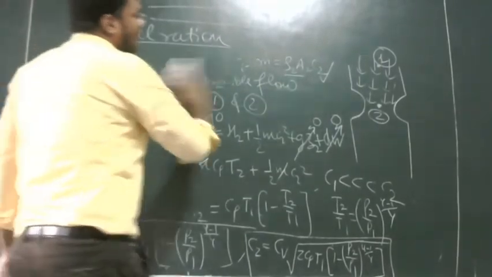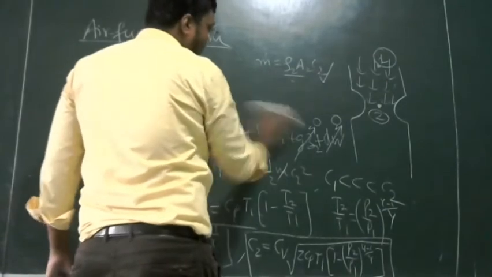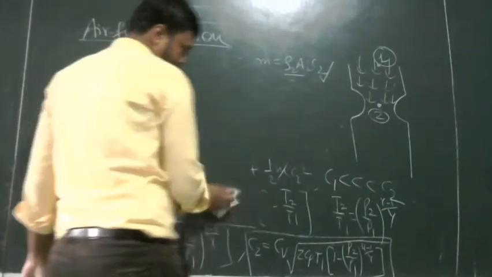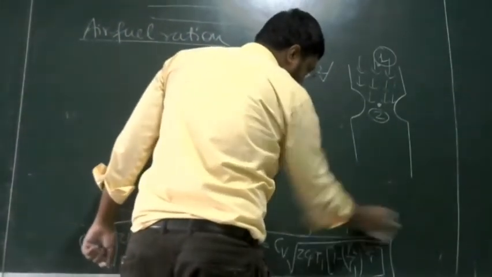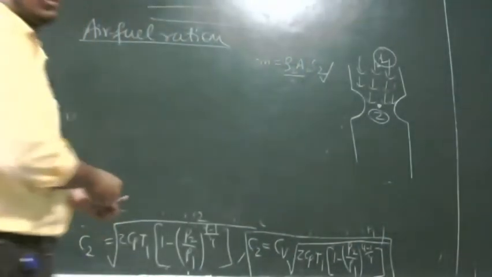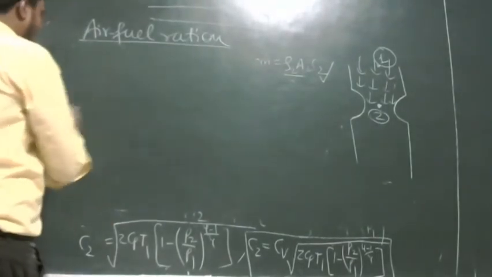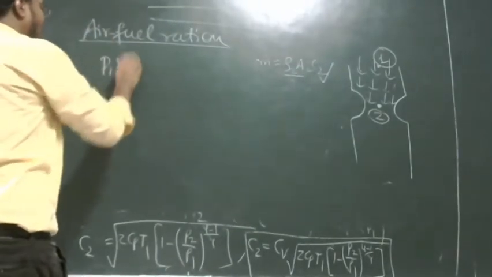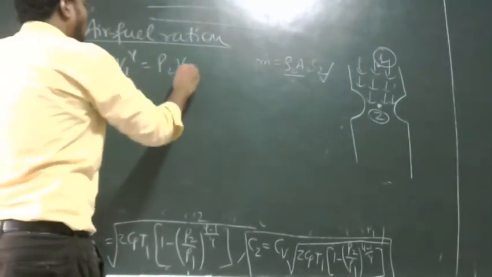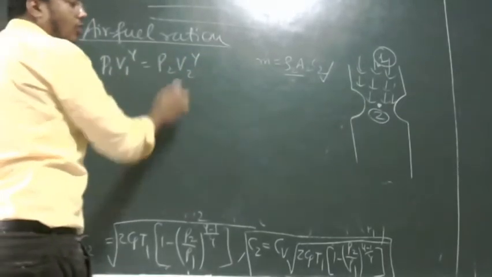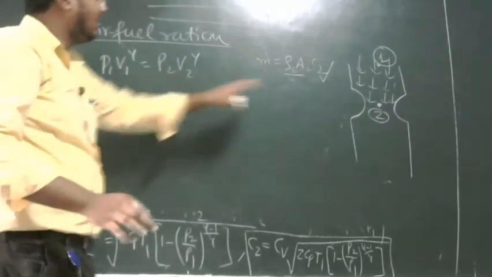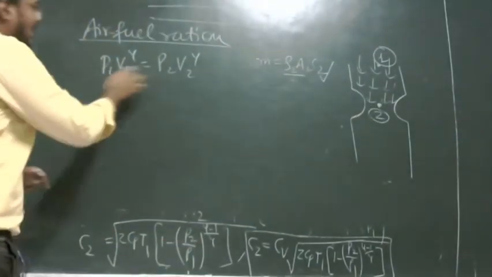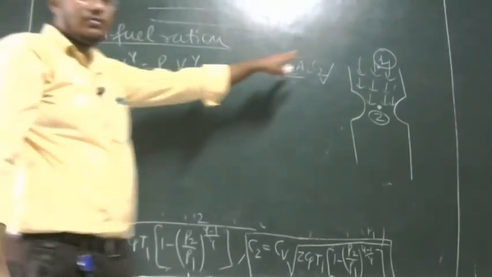Now we have to calculate the value of rho 2 here, because we need to find the value of mass flow rate. Now, as we said that flow is isentropic, means adiabatic, so we can apply the formula between point 1 and 2. We can apply the formula P1 V1 to power gamma is equal to P2 V2 to power gamma. V1 V2 is actually volume. That's why I have not written V here. For velocity I have written C, because we are already using V as volume. So I have changed this to C.